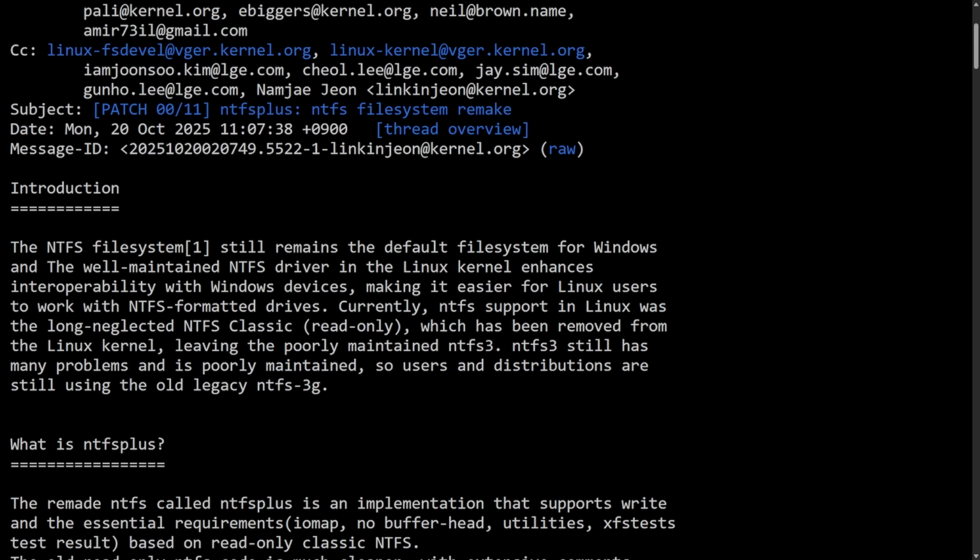So now we kind of understand why this patch series was made. Basically to replace old and stale drivers. This is really a remake of NTFS support on Linux. And it's actually based around the old classic read-only NTFS driver in the kernel as a base. It includes a lot of goals that we're going to be going through. And again, this is important because hopefully we'll see better write support and performance out of this in a more